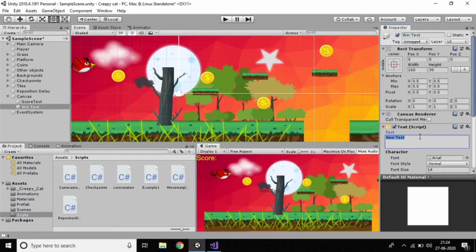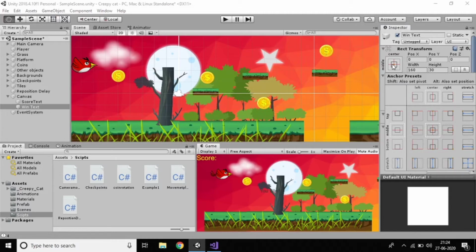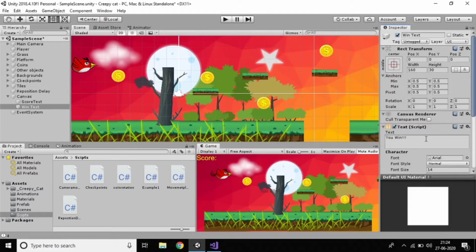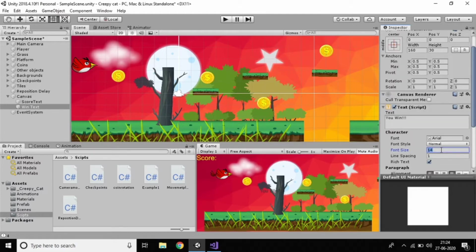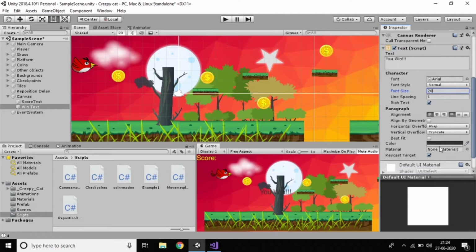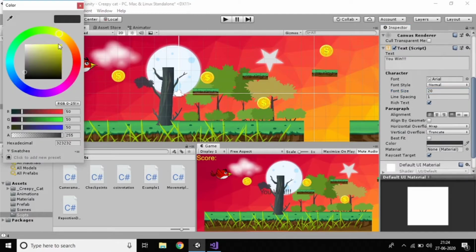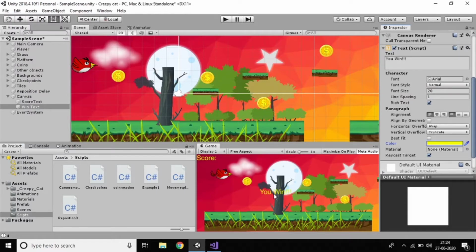The text should also say "You win". Use the Alt Shift shortcut and keep it in the middle, increase the size to 20 and keep the color yellow, then we can view it. So we have done everything.